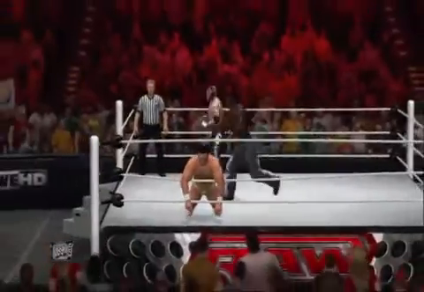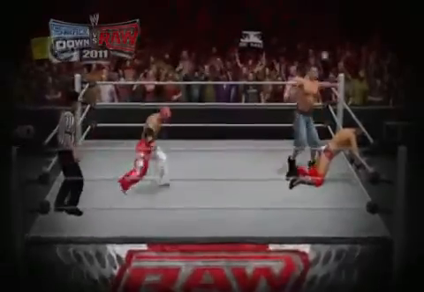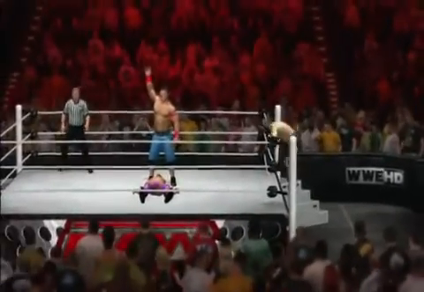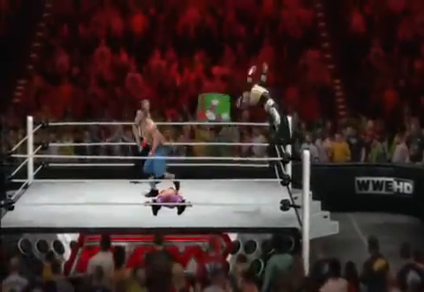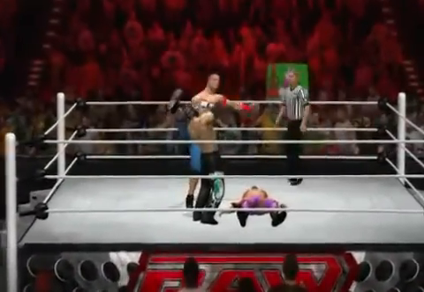Players can now jump into the action and interrupt their opponent's moves instead of just standing on the sidelines and waiting for it to finish. When it comes to new levels of unprecedented control, how about performing impromptu tag team combos? Players can now create move combos in the heat of a match between multiple superstars by linking and combining different